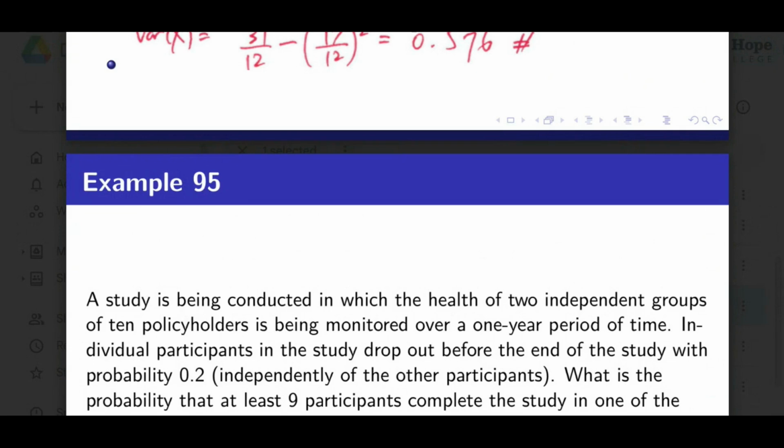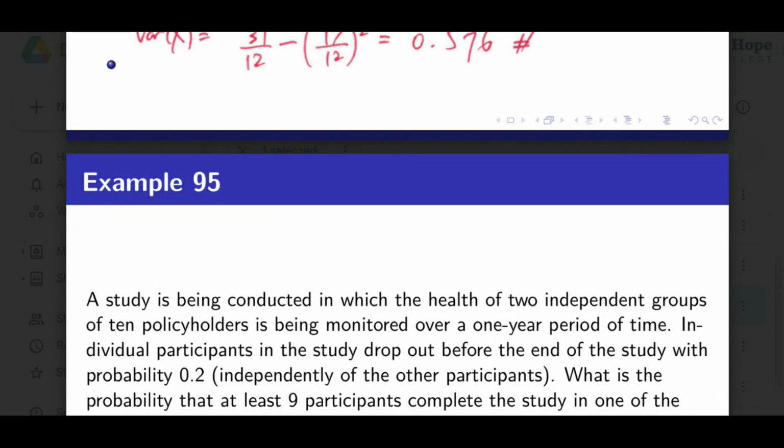What is the probability that at least 9 complete the study in one of the two groups, but not in both groups? So this is a joint problem because you now have how many people completed the study in group 1 is X. How many people completed the study in group 2 is Y. What do we want? Right? How do you work out this kind of problem? So if you want at least 9 completing the study in one group but not in both,